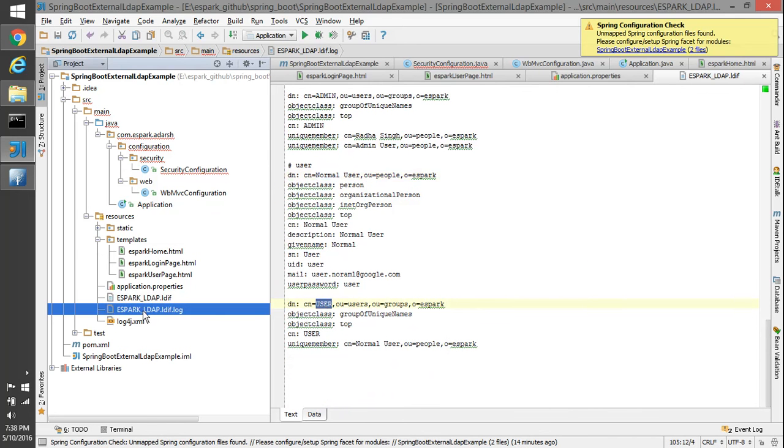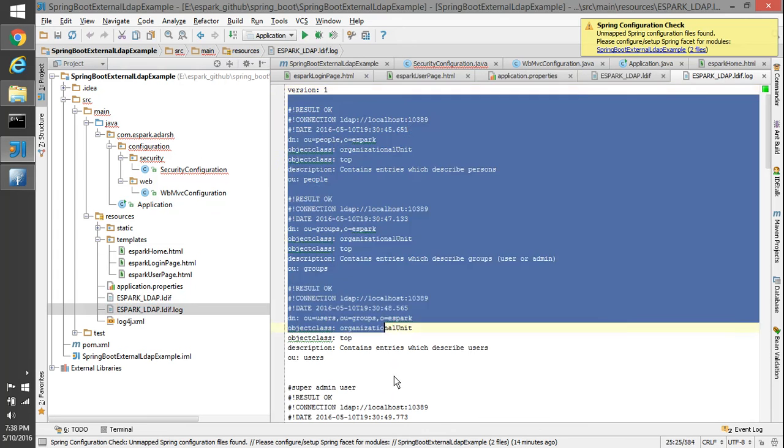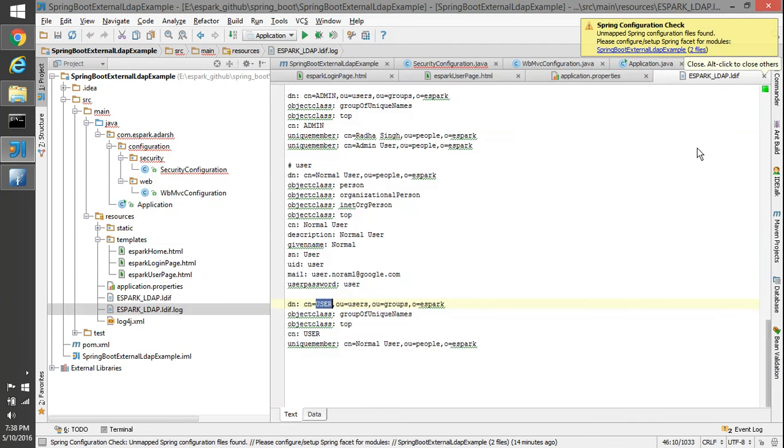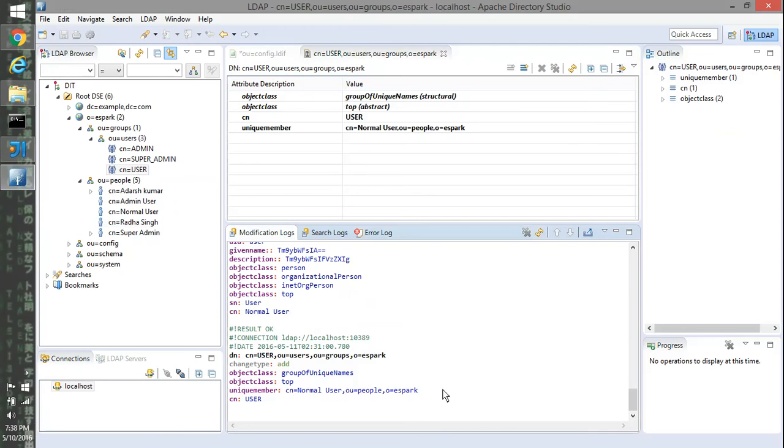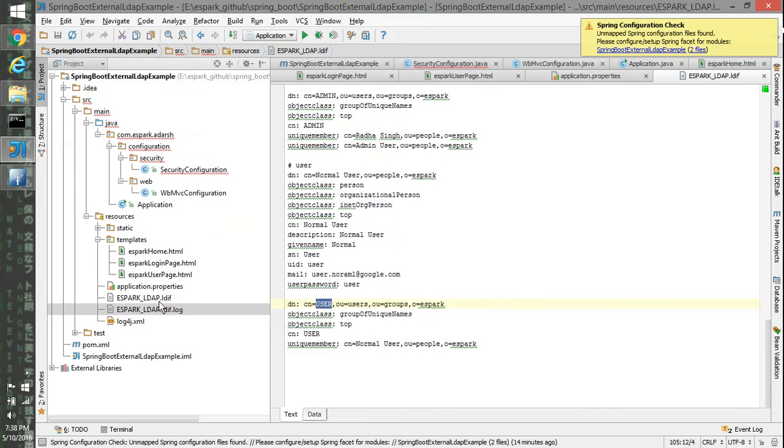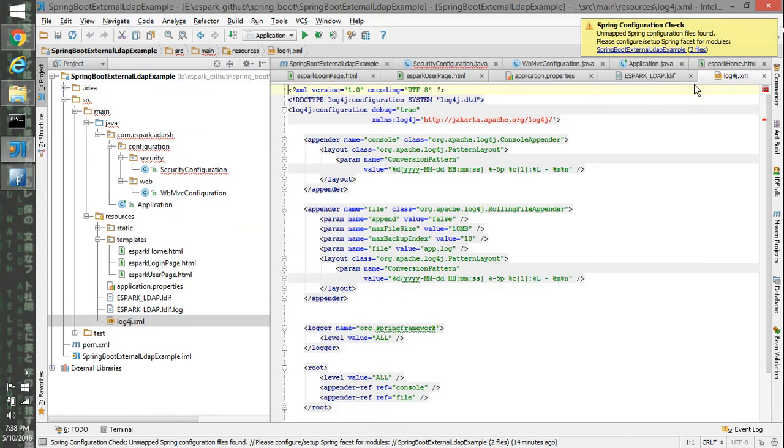And this is a log file which is generated as part of the import, because LDAP will by default create log files, the same modification log file which we can see here. I have read the file from here, and this is a standard log4j configuration.